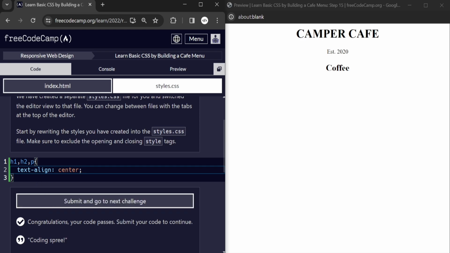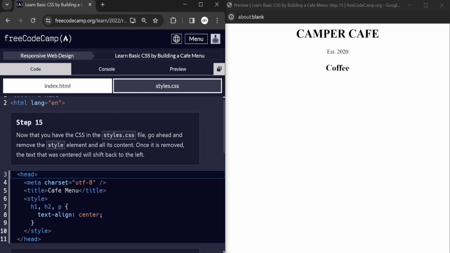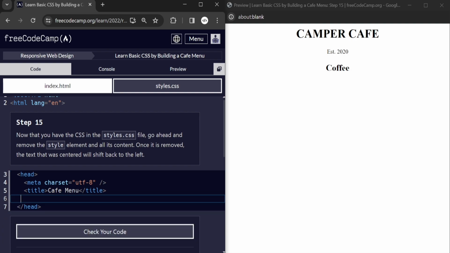Okay, so first I think we want to delete that first of all. Okay, see, when I clear this style, you can see that our preview page, or my output, is now all in default font, default styling. So to avoid this, or to link our style element in this index HTML, we are going to use a thing called